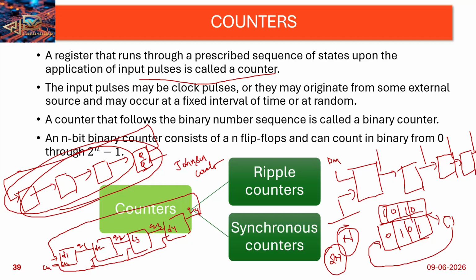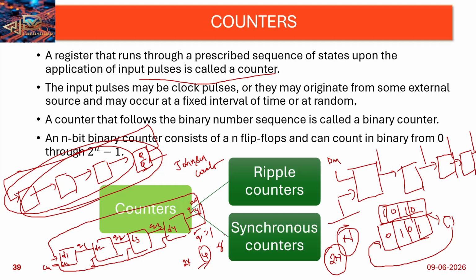Why are 2n cycles required? Because I am connecting the complement output here. So if Q is 0, Q bar is 1. This is placed here and then comes out. Loading the data into a ring counter requires 4 clock cycles, and for a Johnson counter it is 2 into 4, that is 8 clock cycles. Okay,